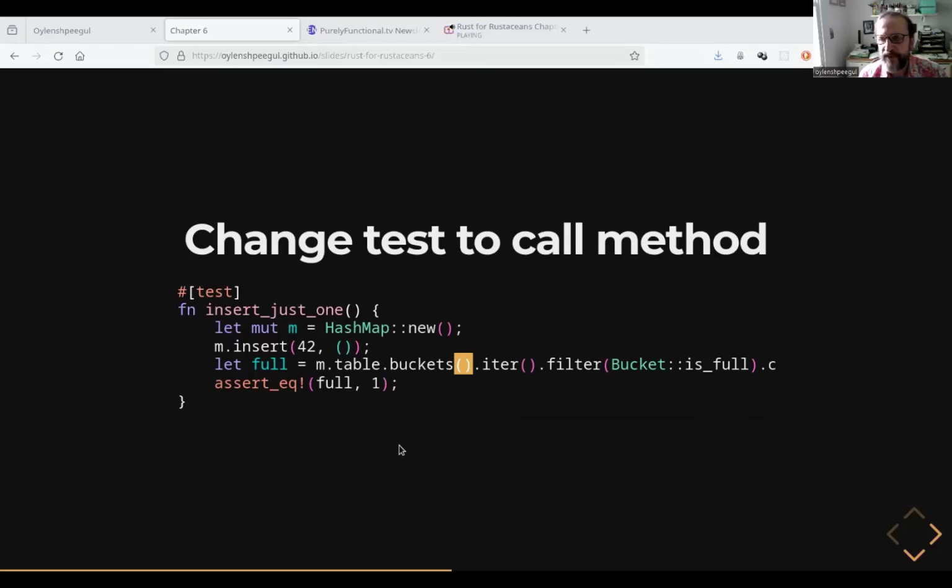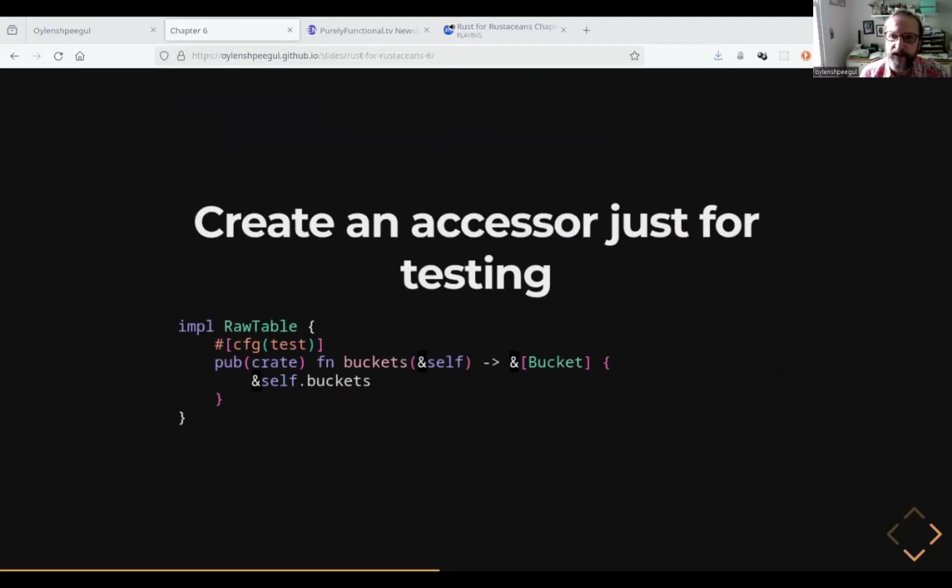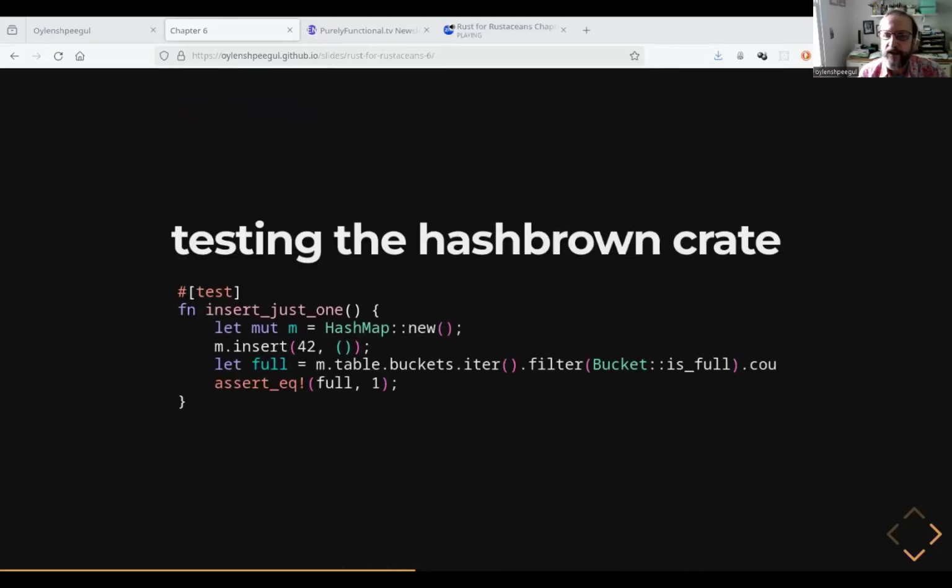And I've read this book a couple of times. I read it when I first bought it, when it first came out. And then I read it again when we started this book club. And I didn't actually try this code out until I was preparing this talk. And I couldn't get it to work. So I don't know if I have the wrong hashbrown crate or what, but